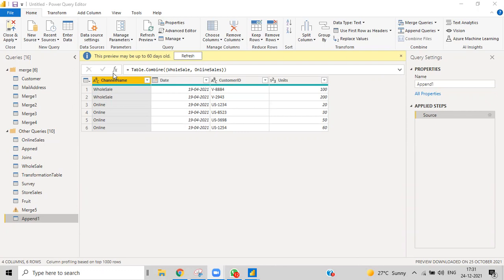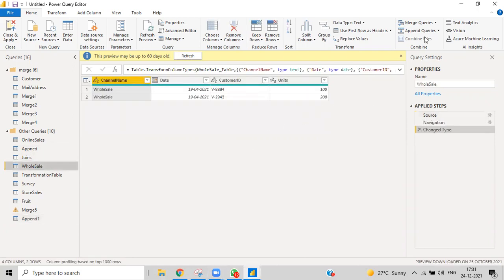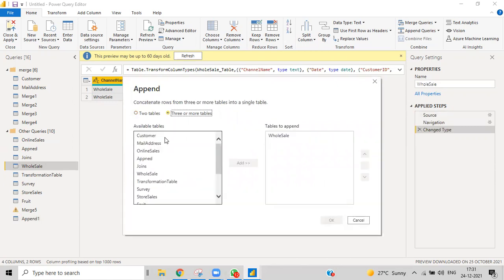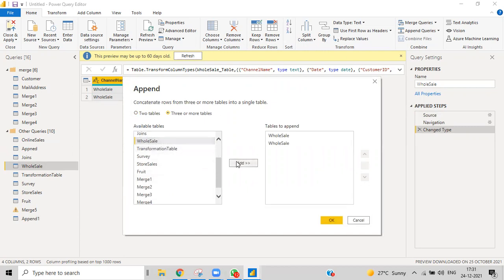What we call append in Power Query is called union in SQL. What if I want to append more than two tables? Then we can go again, come to wholesale sales, and choose append as new. I want to make it three or more tables, so I'll click that, and we can get the tables from here. First is wholesale sales, then the second one is online sales,